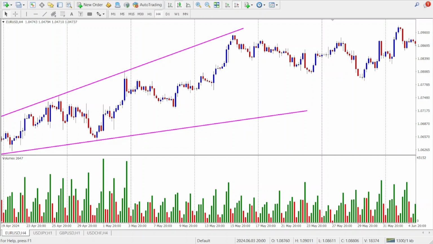And there you have it, the supply and demand secrets no one told you. Now you know exactly how to identify supply and demand zones, how institutions use them, and how to avoid the